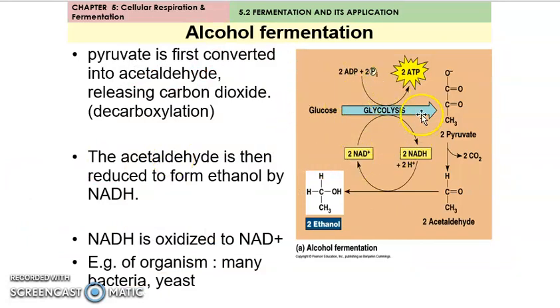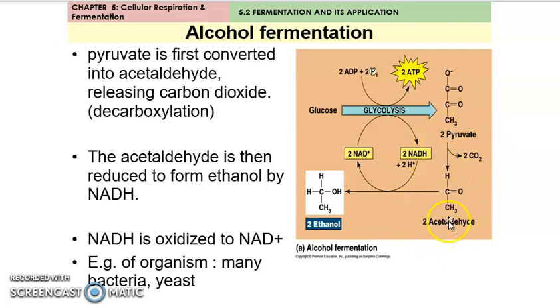Okay, so from the process of glycolysis, macam yang saya dah explain sebelum ni, apa-apa pun glycolysis akan berlaku terlebih dahulu. So what happened to the glucose? Glucose will be split into two molecules of pyruvate. So what happened in the absence of oxygen? This pyruvate will undergo fermentation. And if it occurs in the plant cell, it will proceed with alcohol fermentation. So what happened to this pyruvate? Pyruvate will undergo decarboxylation. So what is the meaning of decarboxylation? Carbon dioxide will be released and it will form acetaldehyde.